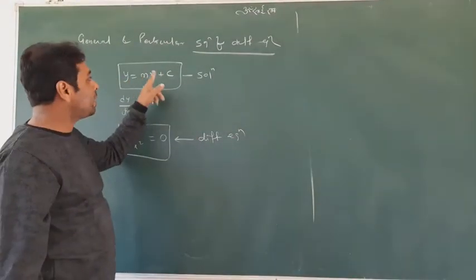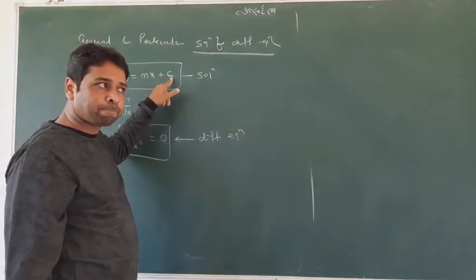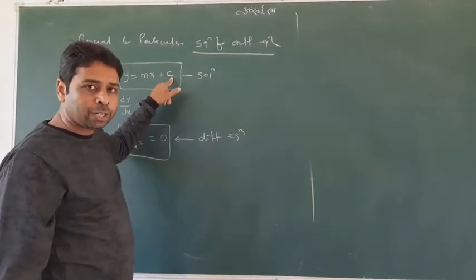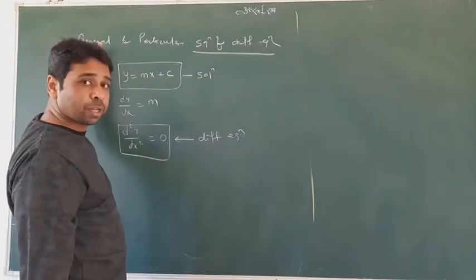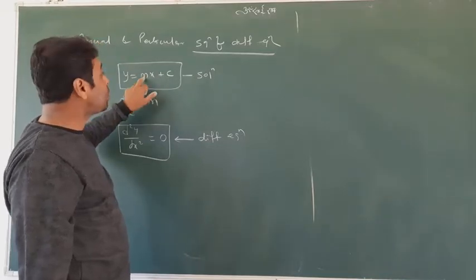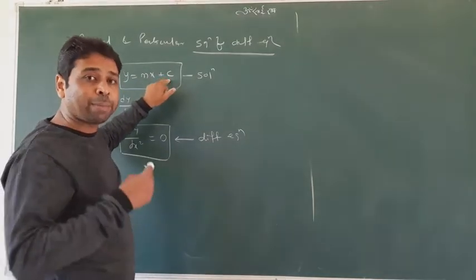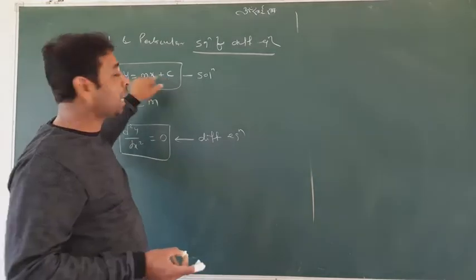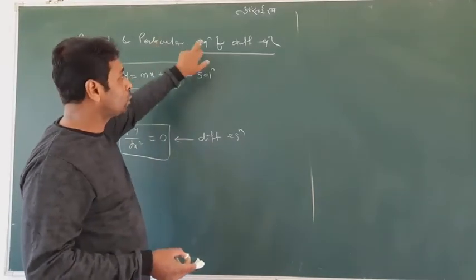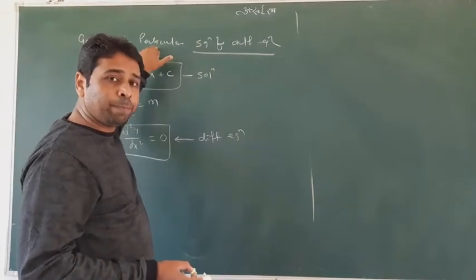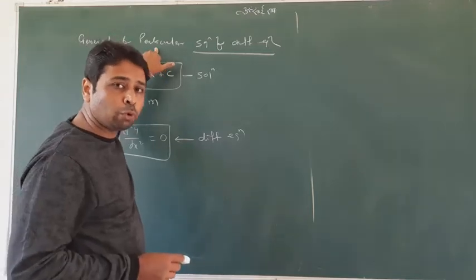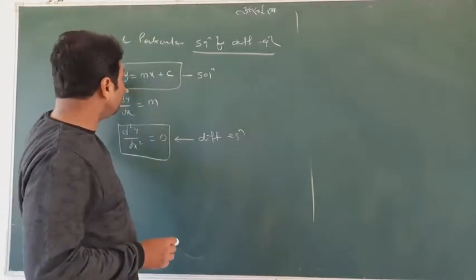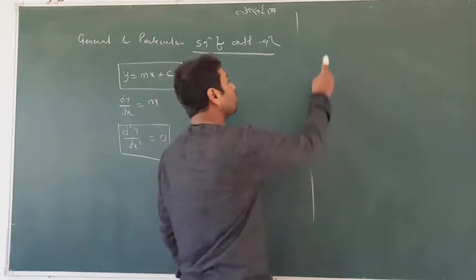Actually this is m and c. This is called an arbitrary constant, so it is called a general solution. And when we have particular values of m and c, like m equal to 2 and c equal to 3, at that time the solution will be called a particular solution. I will give you examples of particular solution further. Don't worry about this. I am telling you something about the question. A question may come.